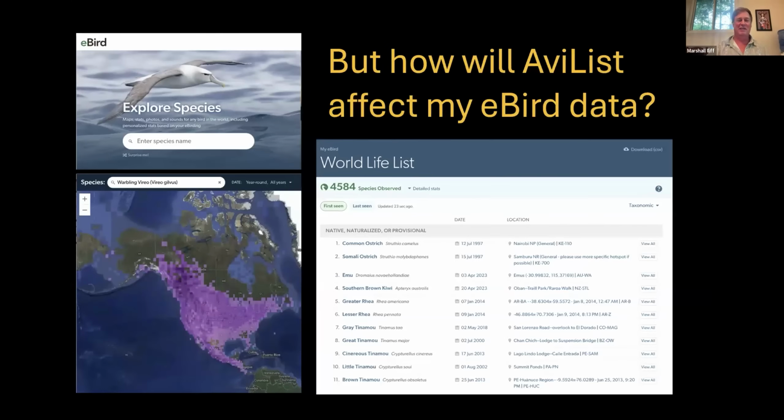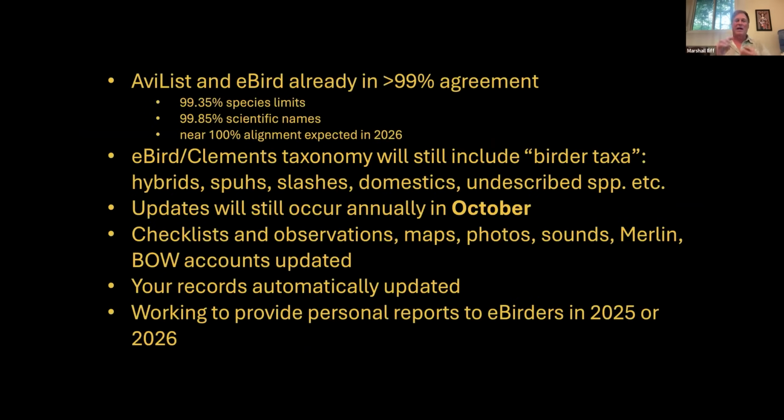So how's this going to affect eBird? And the big answer is it really won't. eBird has been doing taxonomic updates in October for the past several years. In August we've been doing annual updates since I joined in 2007. That will continue. So AviList and eBird, Birds of the World, and Merlin are already in greater than 99% alignment